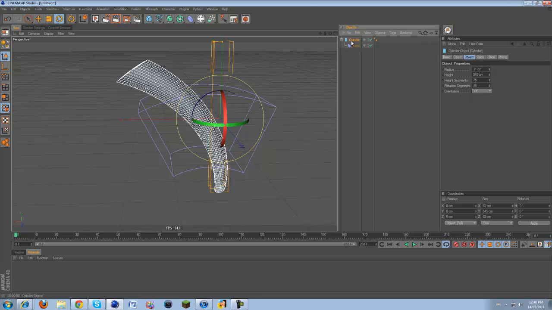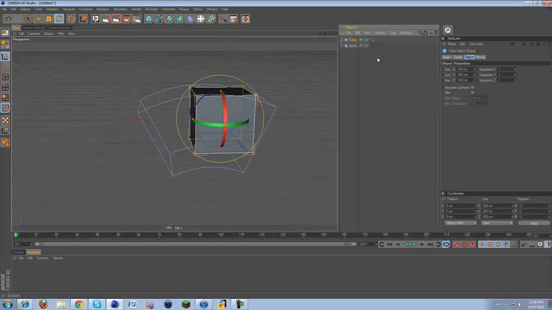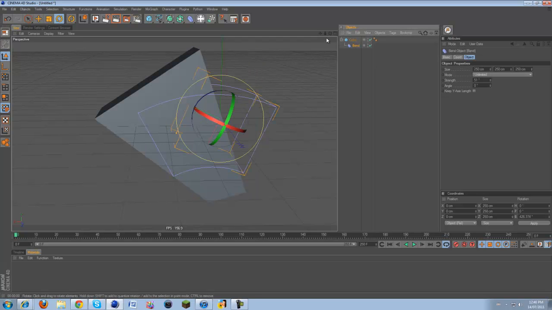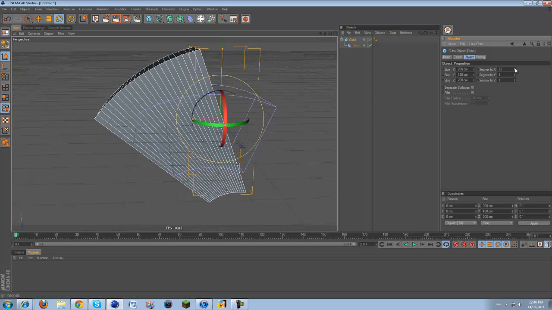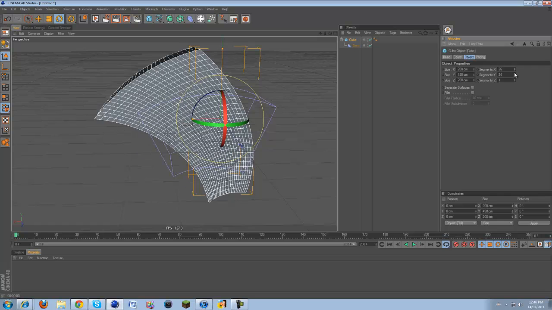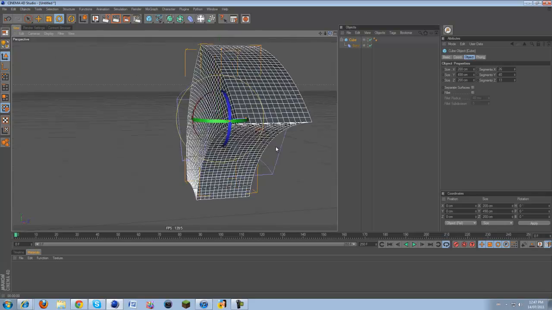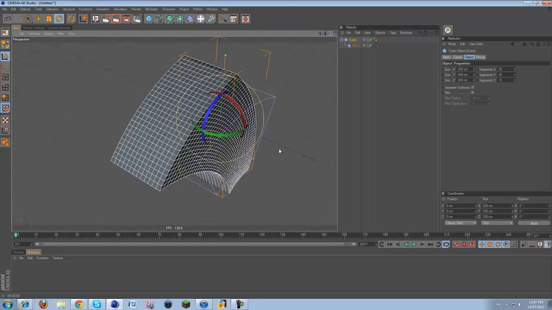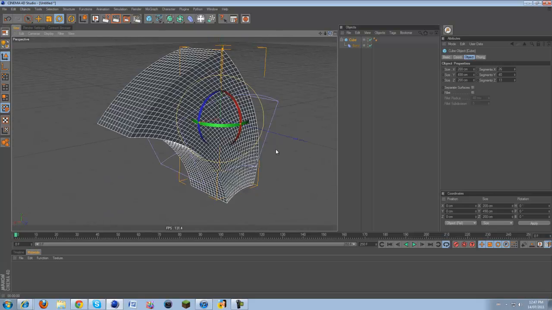Whatever you put in your bend deformer, let's put like a cube, let's just resize it a bit. If you put a cube in a bend deformer, obviously it's not going to bend too well, but as soon as you start putting the segments in, you can see it's bending really nicely. So if you've ever put something in the bend deformer, you tried to bend it, and you weren't getting any luck,